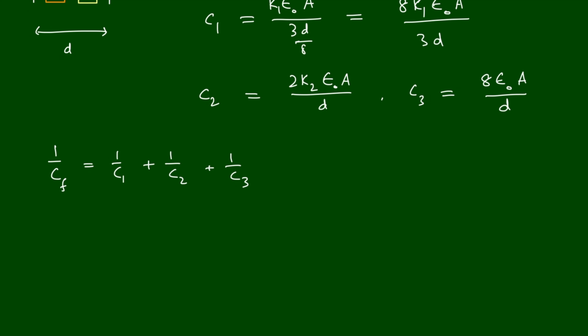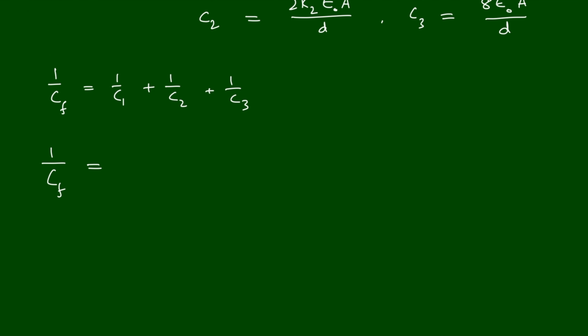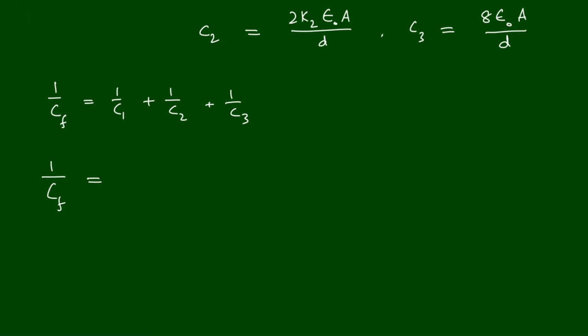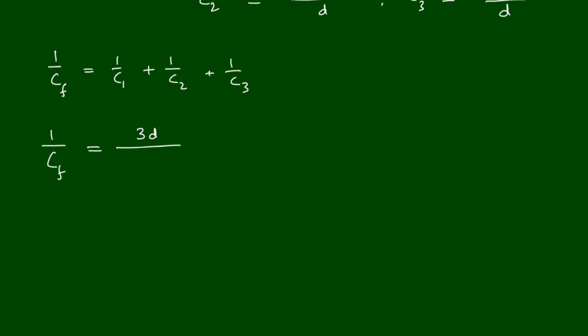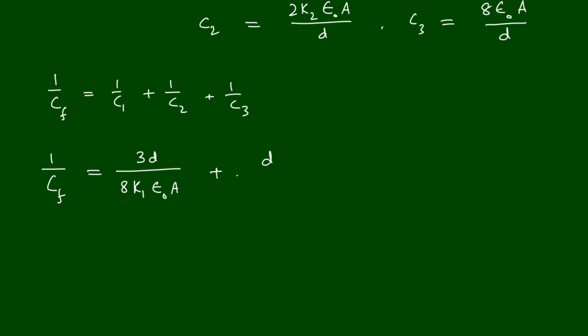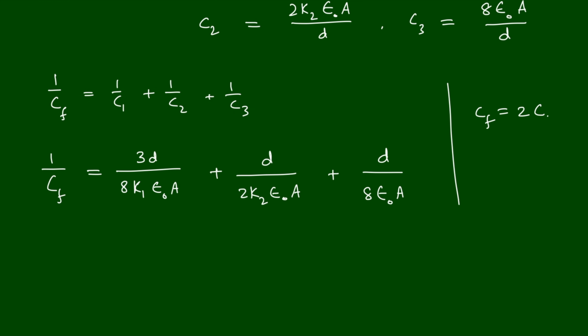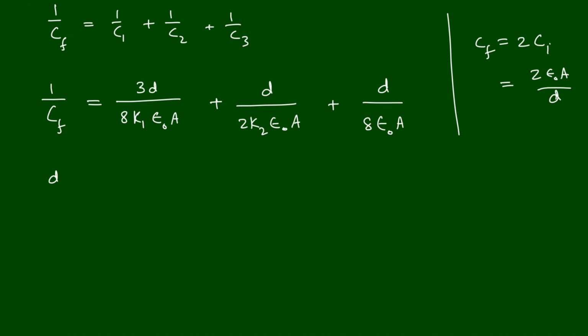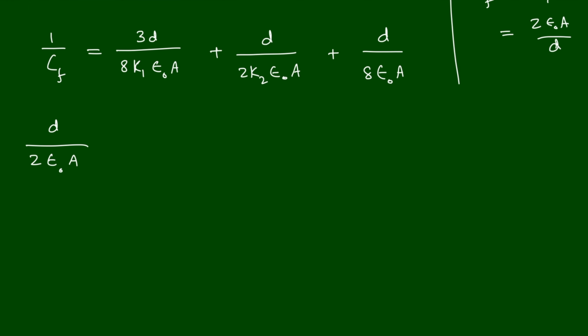You take the reciprocals, then you will get 1 by C final is equal to 3D by 8 K1 epsilon naught A plus D divided by 2 K2 epsilon naught A plus D by 8 epsilon naught A. And again, C final is given as 2 times C initial, and that is nothing but 2 times epsilon naught A by D. Here you will get D by 2 times epsilon naught A, and that is equal to